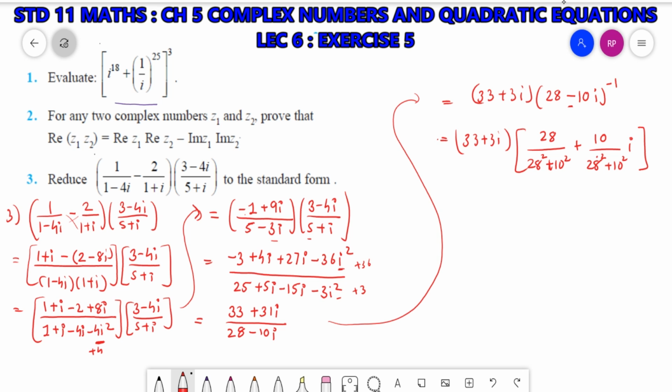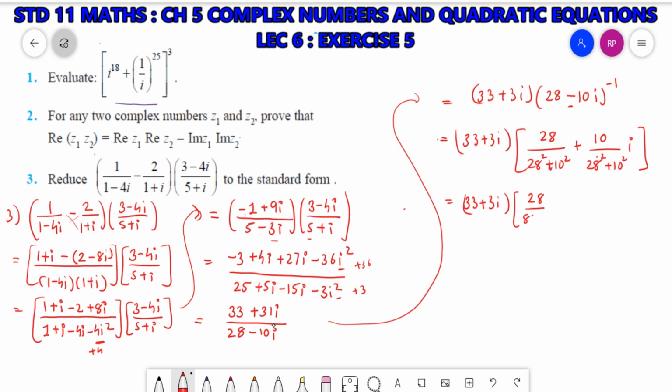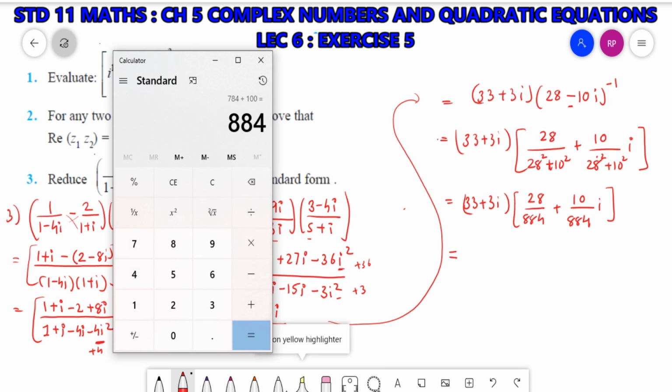Okay, now let's calculate it. First, let me write down (33 plus 31i) into (28 plus 10i) upon 28 square plus 10 square. So 10 square is 100. So 28 square, 28 into 28, that is 784, plus 10 square, that is 100. It's 884. Clear? Now let's multiply 33 into 28 upon 884, that is